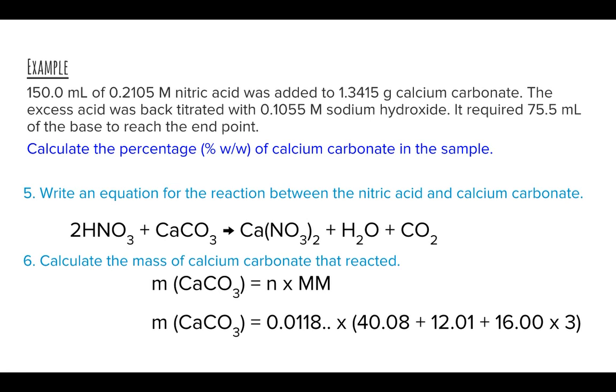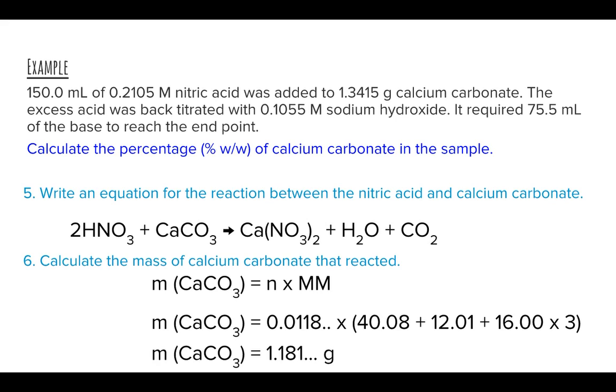So we've already done the equation. Now what we've got to do is calculate the mass of the calcium carbonate that reacted. Since we've worked out the number of moles that reacted, we can then simply times that by the molar mass of calcium carbonate. So you can see that that's what we're doing here. The mass of the calcium carbonate is found to be